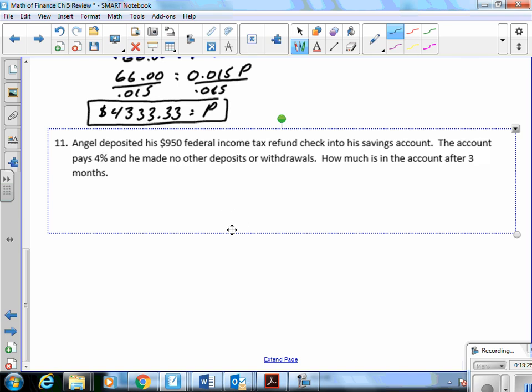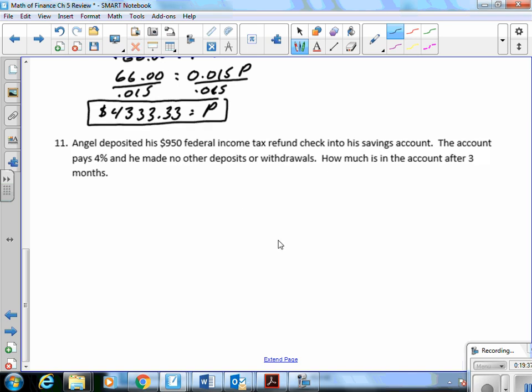Number 11, Angel deposited his $950 federal income tax refund check into his savings account. The account pays 4%, and he made no other deposits or withdrawals. How much is in the account after 3 months? So another of the same type of problem. So we got $950 is the initial,